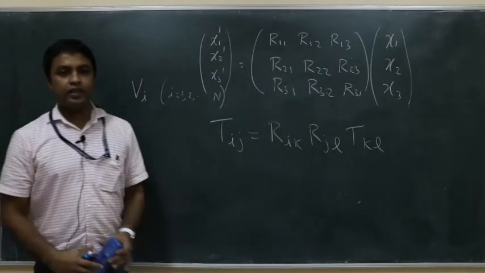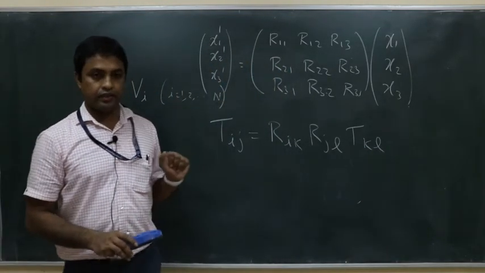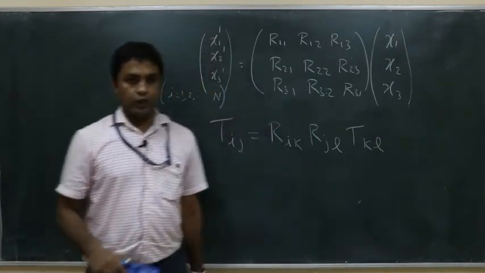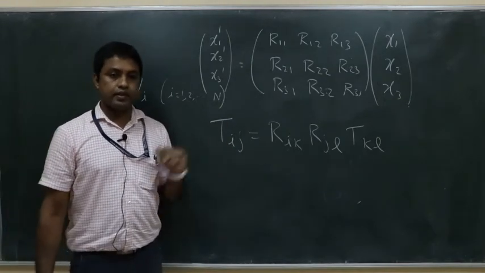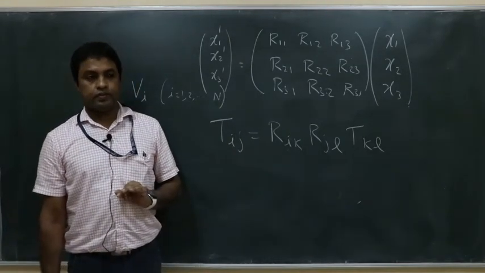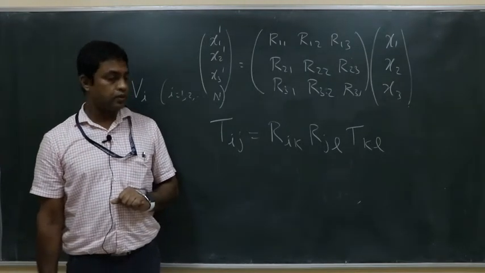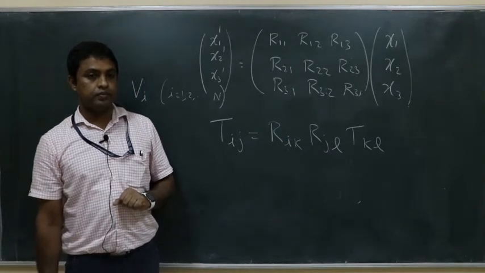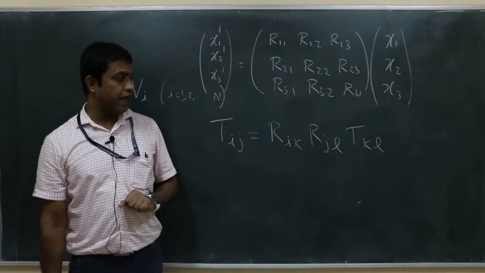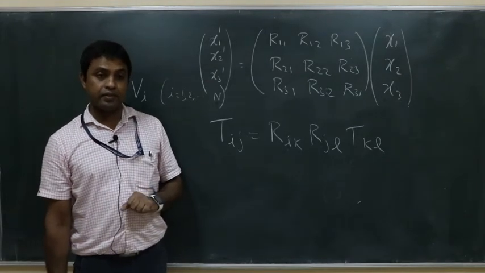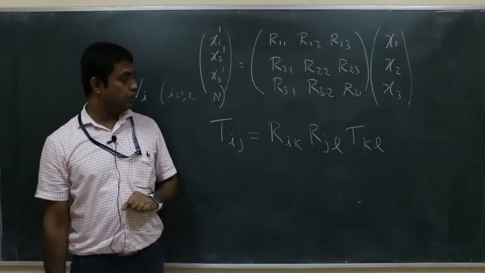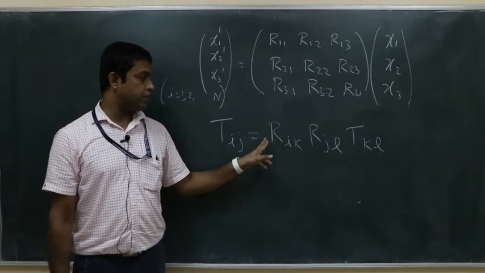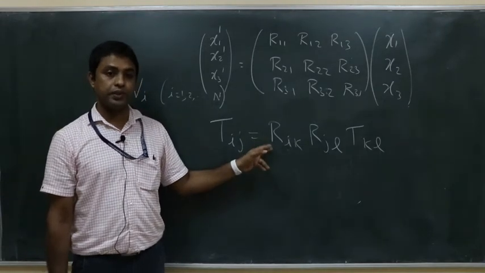Now you tell me whether our index notation is correct here. How many free indices are there in this equation? I equal to j equal to 1, 2, 3. Two. What are they? I and j. How many dummy indices are there? K and L. And how many summations are there? Two. One summation over K from 1 to 3 and another summation over L from 1 to 3. So there are two summations here.